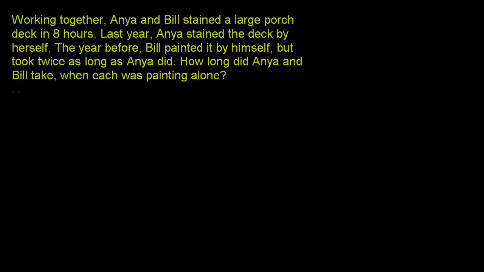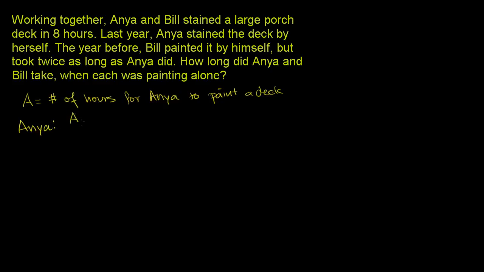So let's define some variables here. Let's define A as the number of hours for Anya to paint a deck. And so we could say that Anya takes A hours per one deck. Or we can invert this and say that she can do 1 over A decks